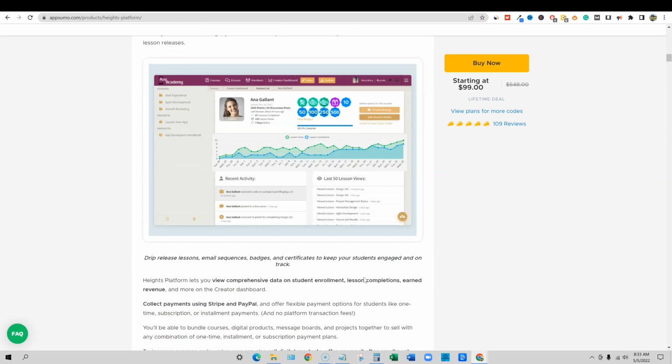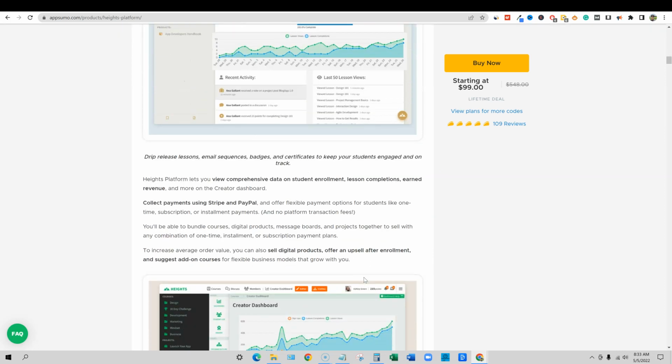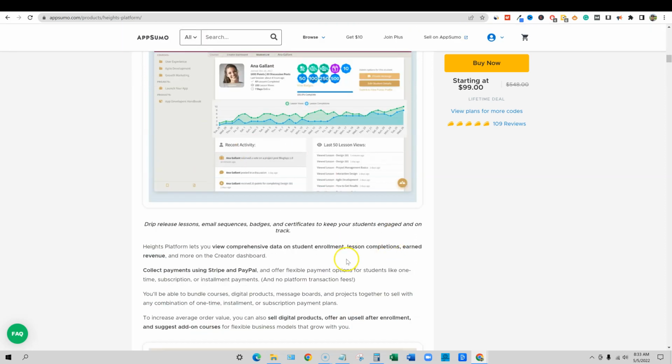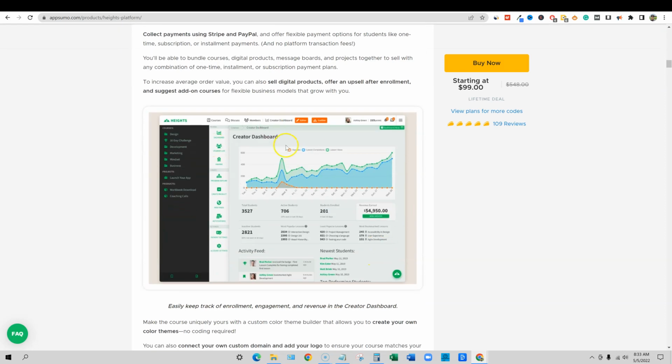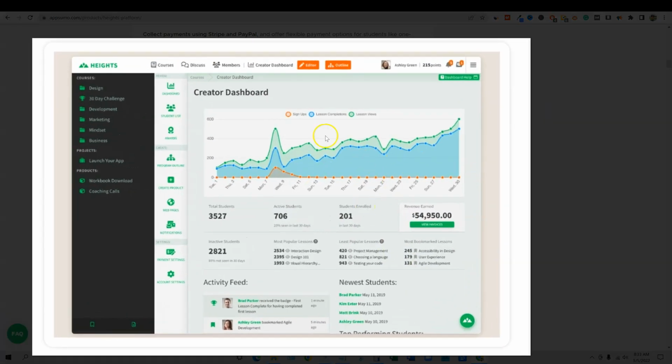So it's pretty sophisticated. There are a lot of course platforms that don't have those kinds of features. And of course, you have the creator dashboard. I'm going to show you that in a minute, so stick around for that. But there's a creator dashboard, and then everything else in there is what the course creator sees, which is actually what the student would see. So you really are able to get a sense of exactly what your course looks like when you publish it to a student, right? And this is really cool.